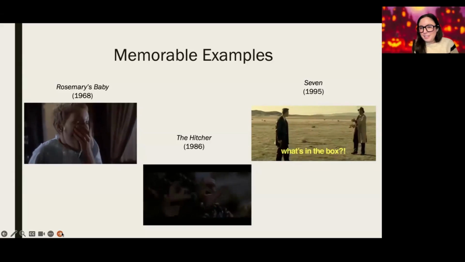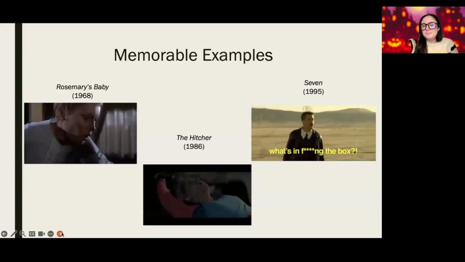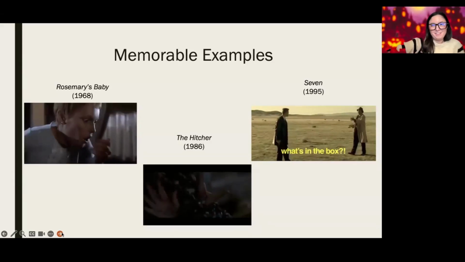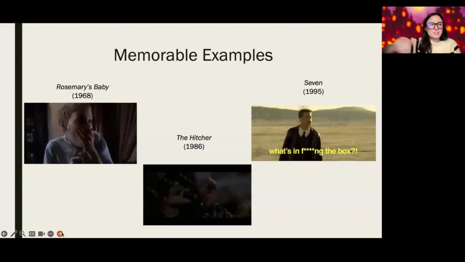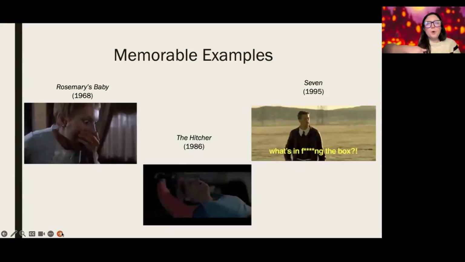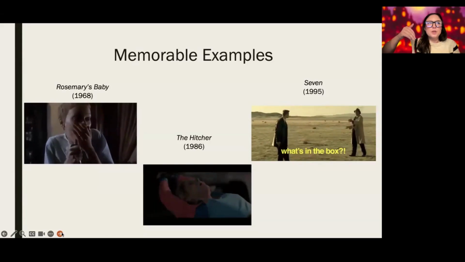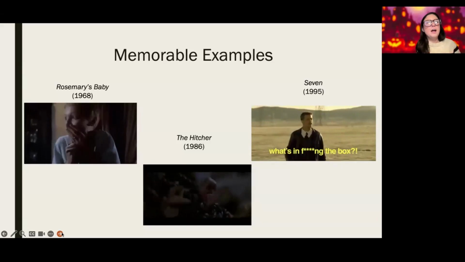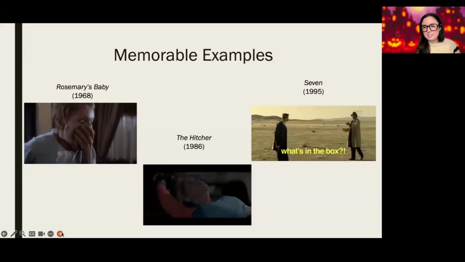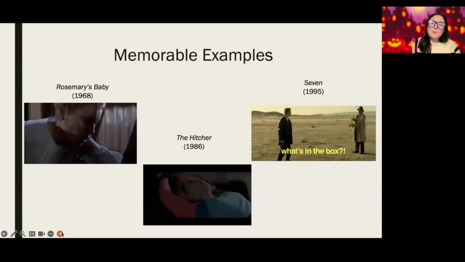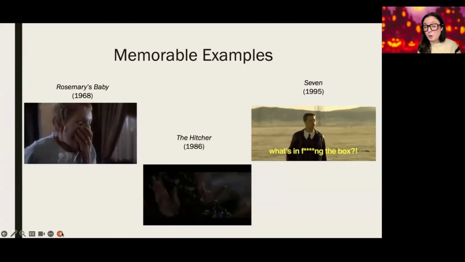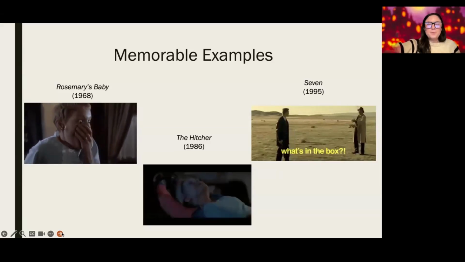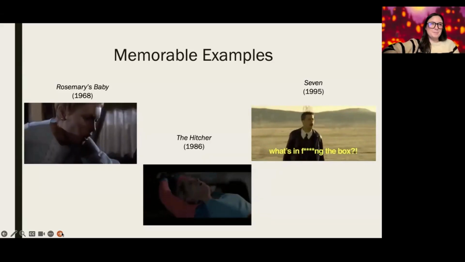And then, of course, probably the most memorable scene of misdirection is the What's in the Box scene from 1995's Seven, where over the course of the movie, the horror has been built, and as the audience, we have seen every other aftermath of this killer, leading up to this climactic scene at the end. And when the box arrives, we see Morgan Freeman's reaction to opening the box. We see the other character's reaction to him opening the box, but we never actually see what's in the box.